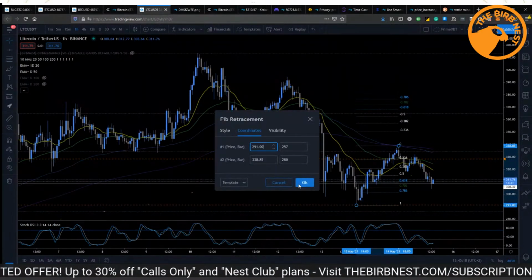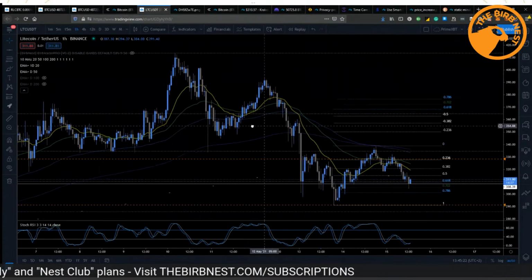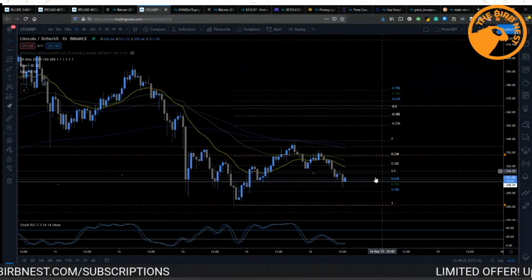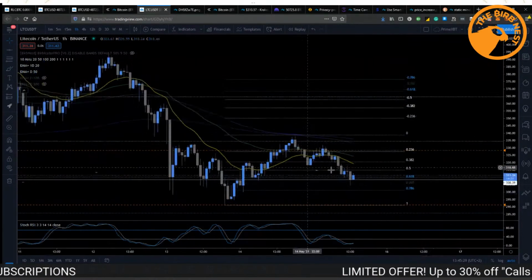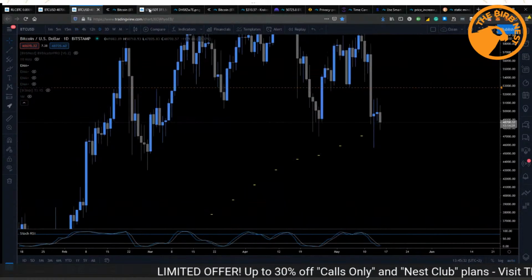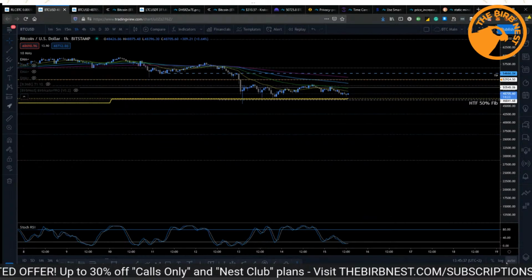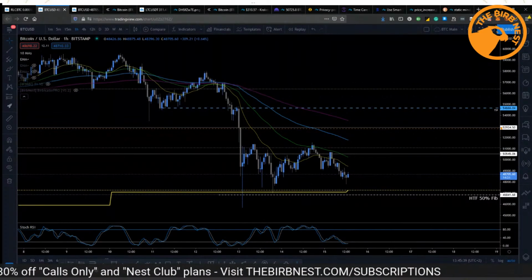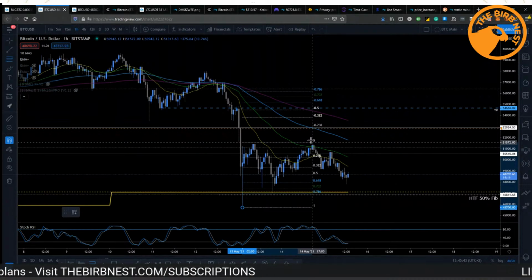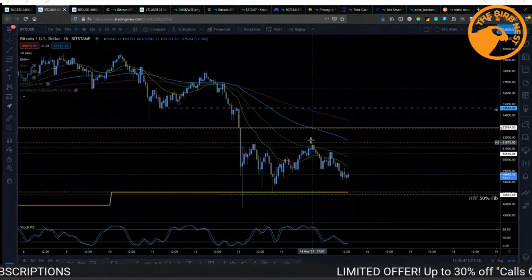So yeah, look at that. Oh man, look at that. That's the 50 and the 618 in perfect harmony here, which makes me think that I just want to smash the buy button here, but looking at Bitcoin, I don't want to do that. So yeah, I don't know what to do. I really don't have a clue on what I should be doing here in terms of Bitcoin, Litecoin, and